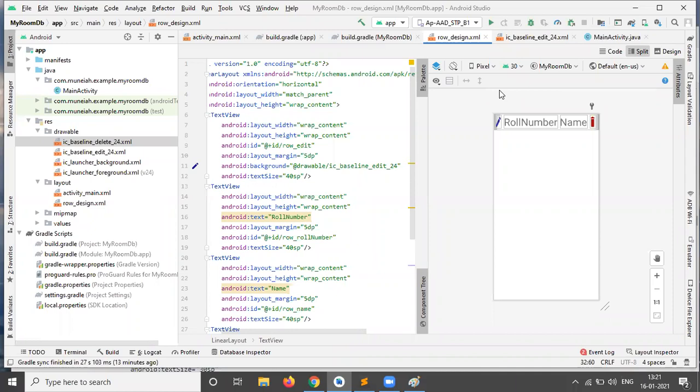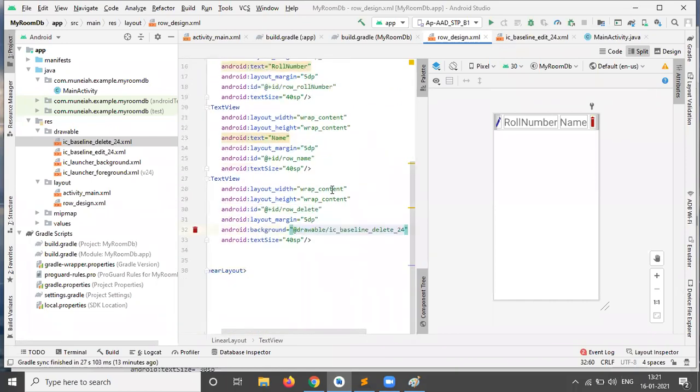Tell me if you have any doubts till this part. Good.